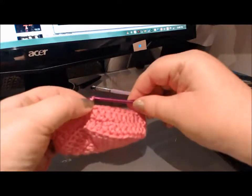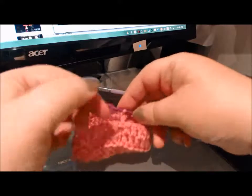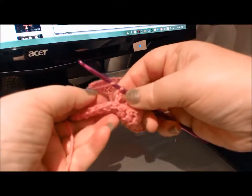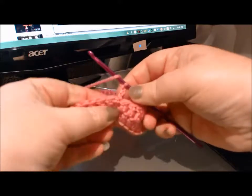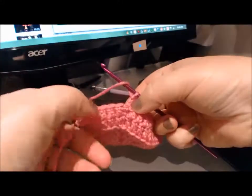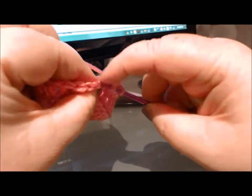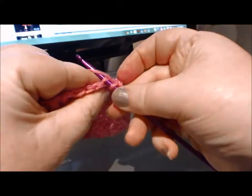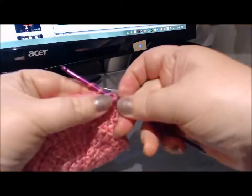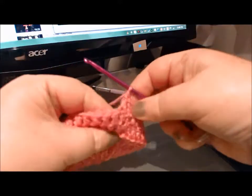Okay, now 3 chains, 2, 3, and we're going to do the double crochet into the top here again, and that will change the angle again. Okay, there's the 2, pull it back through, yarn around needle, pull it through, yarn around and pull it through,